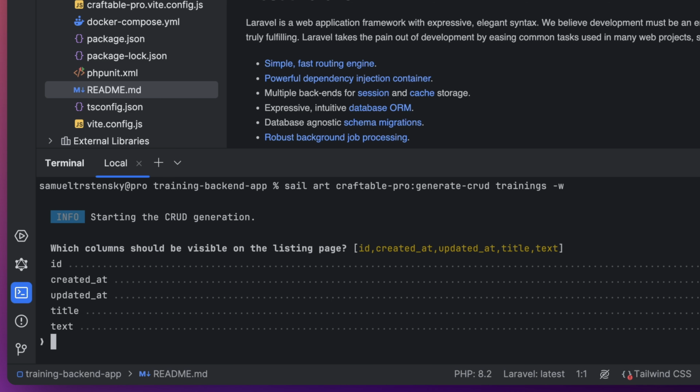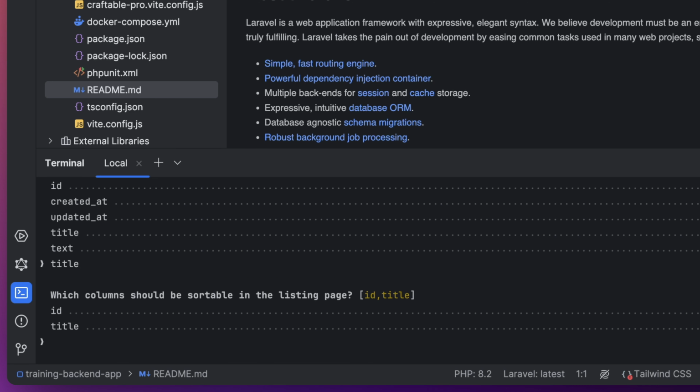Initially, we'll decide what to display on the listing page. I believe the title will suffice, so I'll simply type title into the command line and press enter. The ID column will be added automatically. Next, we address sorting options. We can choose based on which columns we will allow sorting. Since we have only the columns ID and title on the listing page, I will choose both of them and